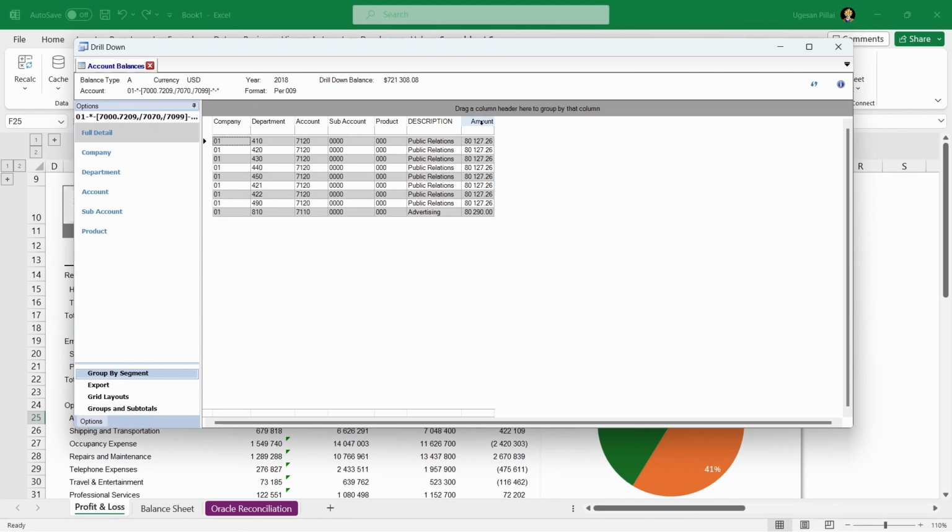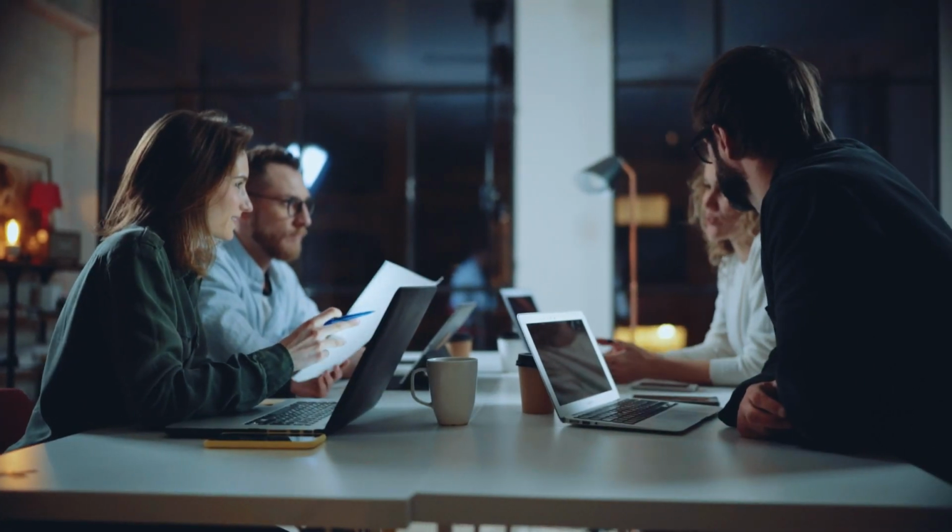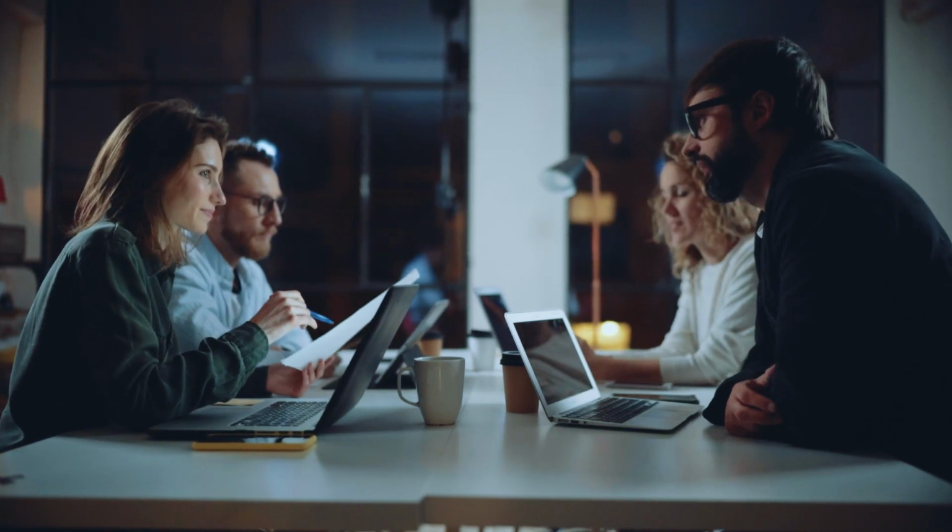Empower your team to unlock its full potential and solve complex business problems independently with Insight Software Reporting